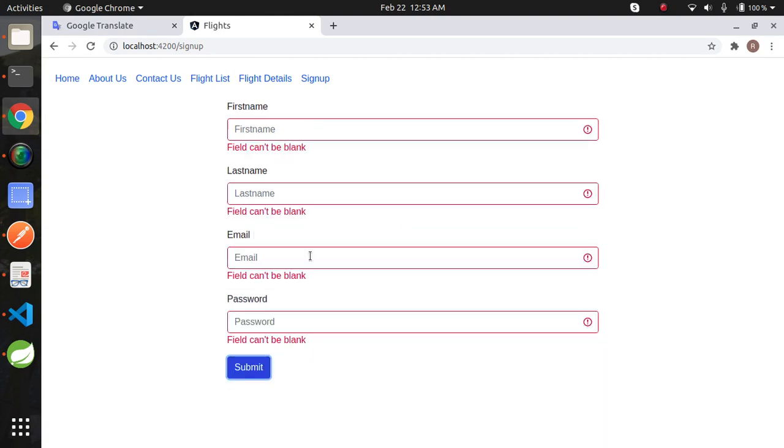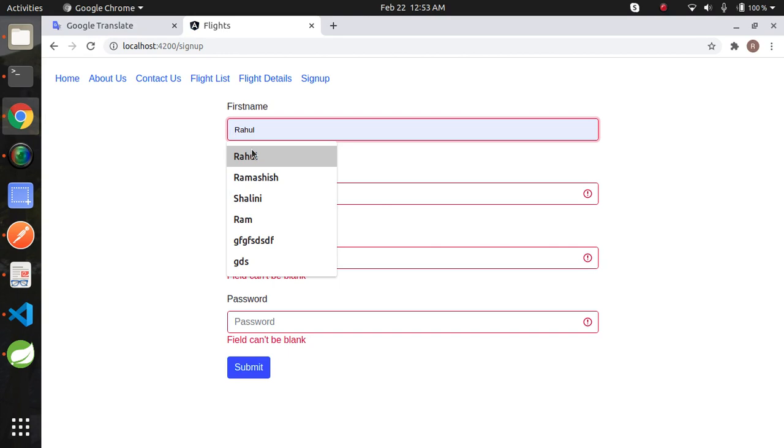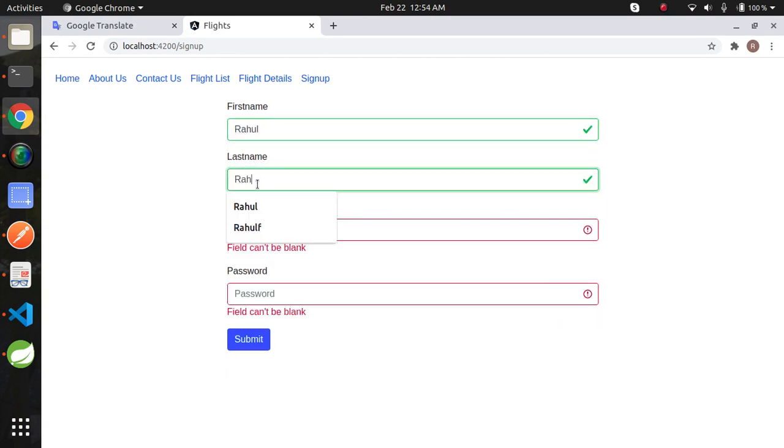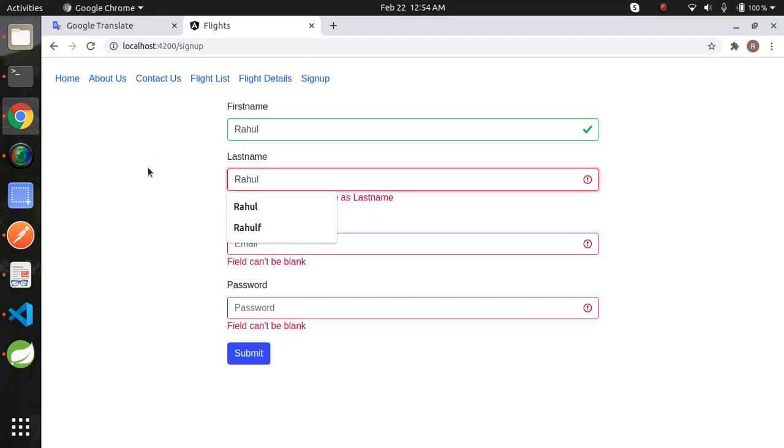We are getting field cannot be blank. Just provide the name here, giving Rahul. Here also provide Rahul. We are getting the error, first name cannot be same as last name. This means our directive is working fine.